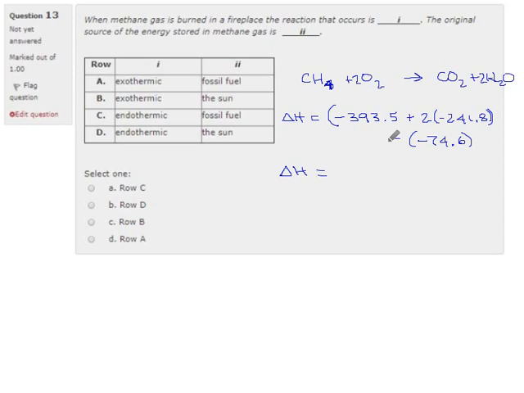And so delta H for this is 393.5 negative plus 241.8 negative times 2, and then minus negative 74.6 is like plus 74.6. So I get minus 802.5, if I'm not mistaken,